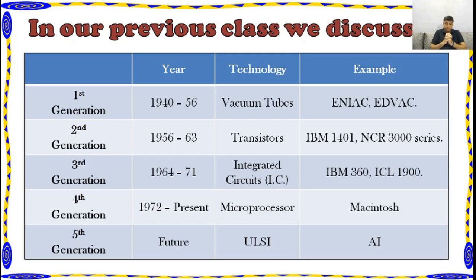And the fifth generation computers has no date. It is supposed to be for the future. When will it begin? How far will it go? It's all for us to see in the future. You people will be working on the fifth generation computers when you grow up. And what is the special technology? Special technology that is being used there is called ULSI. ULSI stands for ultra large scale integration. Ultra large scale integration. All right. And for the fifth generation computers, there is no example, there is no machine being made yet, but